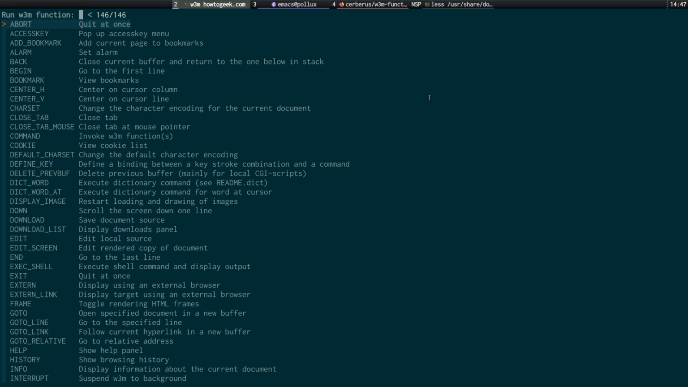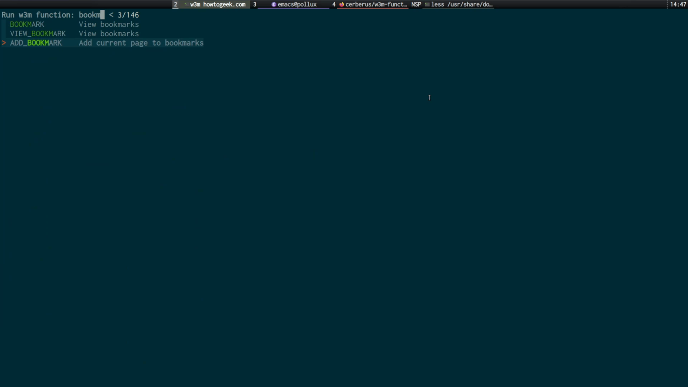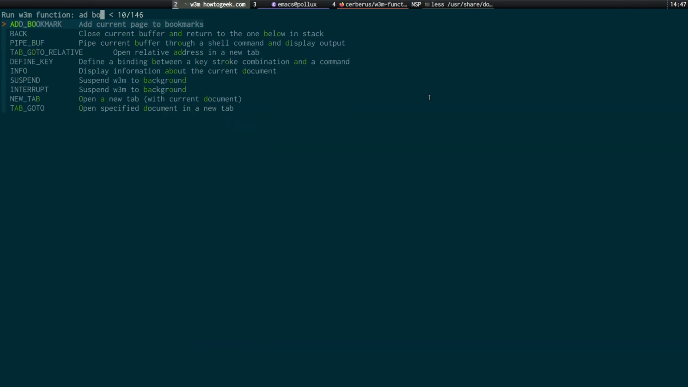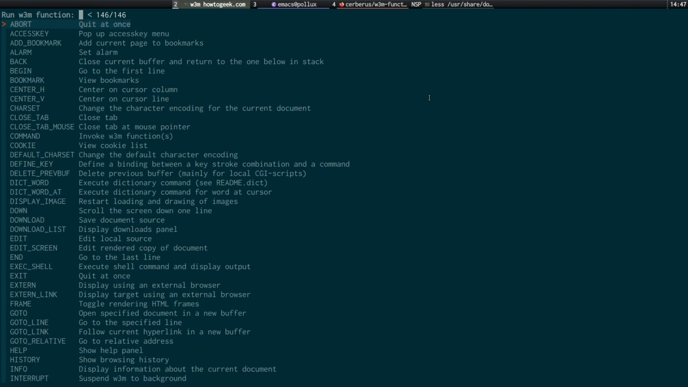So some of the useful things we can do: abort, quit, exit, add bookmark. We can do back to go back a page. We can view our bookmarks, view the bookmarks, add bookmarks. Let's see some of the other things we can do. You can center the cursor, change the character set, close a tab as I showed you before. We can bring up